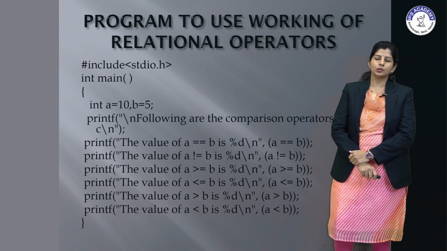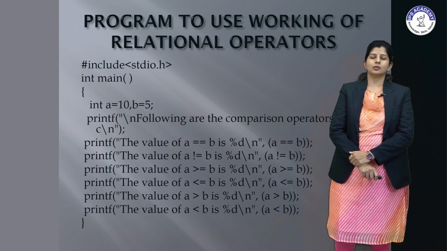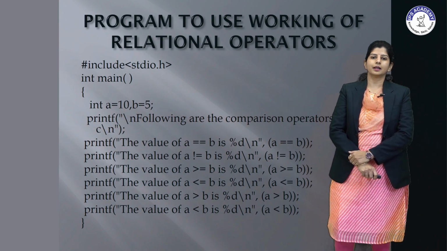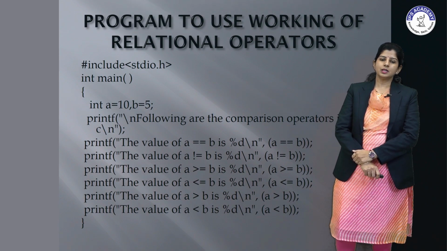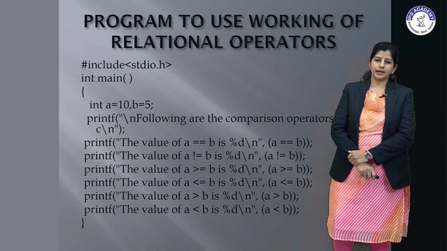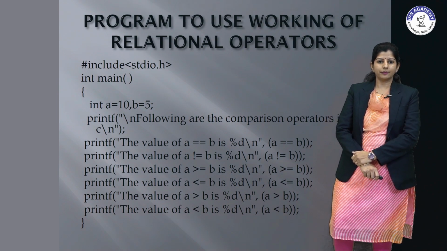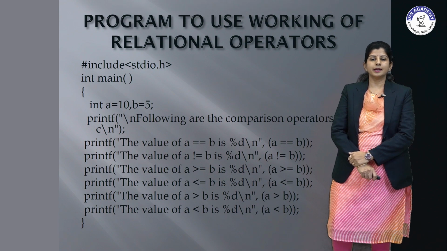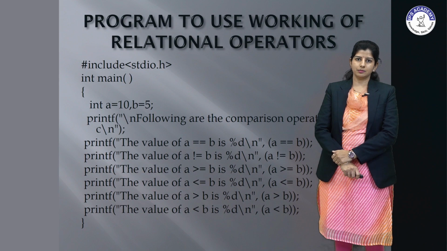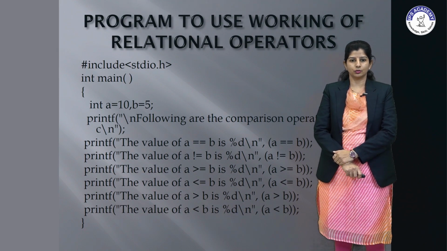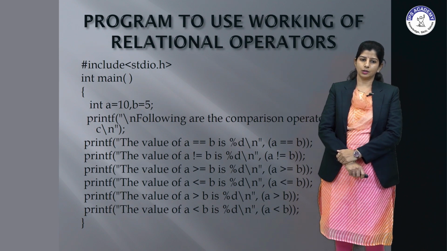We can also use only the greater-than sign with the b operator, or we can use the comparison a greater than or equal to, both at the same time. %d is again for my value and a greater than or equal to b. Next line, printf the value of a less than or equal to b. Again we are using both operators at the same time, that is less than and equal to. And %d stands for the integer, a is less than or equal to b.